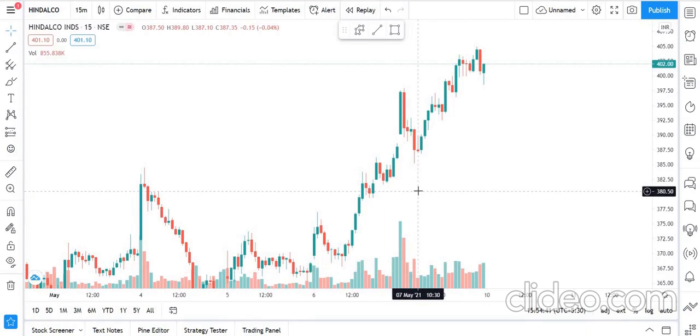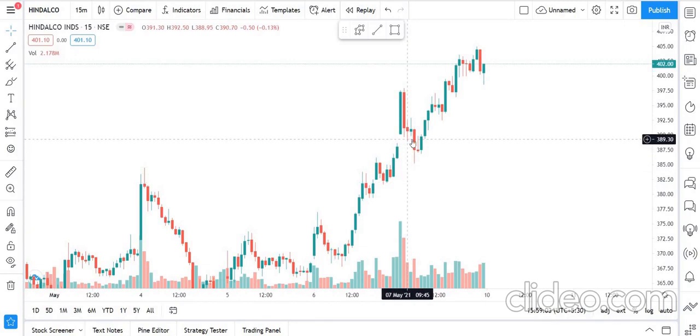Then again after some time, after 10:45 you can say we have a stable market. And here on this timeline, as you can see, the volatility was good and the volume was also good. Scalpers play most of their trades here only. They will use 1 minute, 3 minute, 5 minute candles to mark the support and resistance and take a trade.